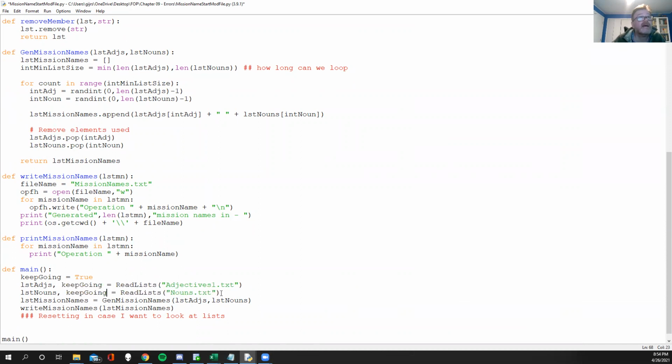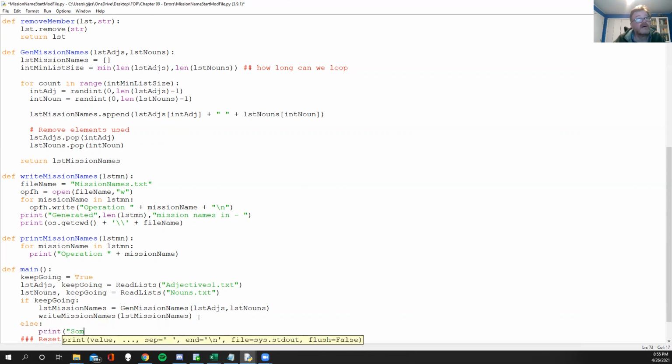It's going to be out of that. And then what I'm going to basically say is if keep going is assigned true, then go ahead and do the rest. So let's move that over, move that over. Otherwise,